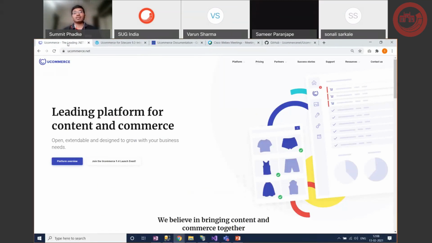So e-commerce is another set of products that they provide, which is basically a plugin for Sitecore. Along with that, they also have plugins for Sitefinity and Umbraco. But today we are going to look mainly at e-commerce for Sitecore. A few of the benefits that e-commerce provides are that it is pretty easy to set up. It is just one Sitecore package that you need to install, and it will take care of setting up the e-commerce backend information for you. So the setup is as simple as installing one new Sitecore package.